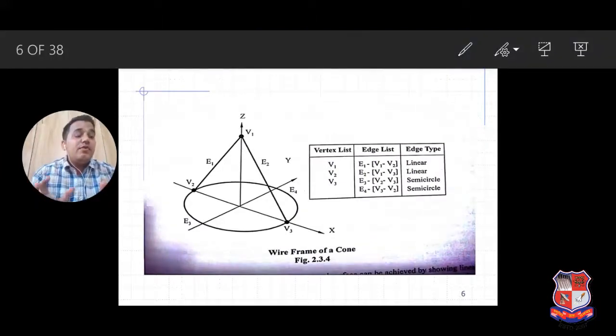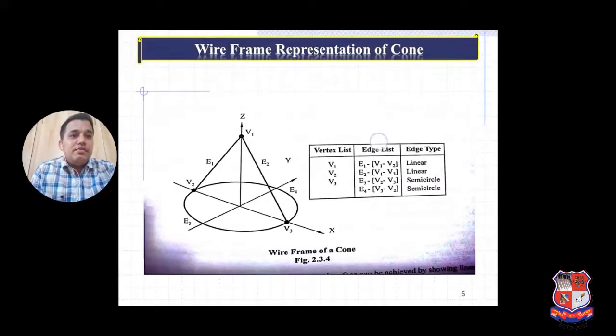And if I take one cone in wireframe modeling, here one vertex is here, one vertex is here, and the third one is here. So now the connectivity is different. v1 to v2 is linear, v1 to v3 is linear, but v2 to v3 is a semicircle.